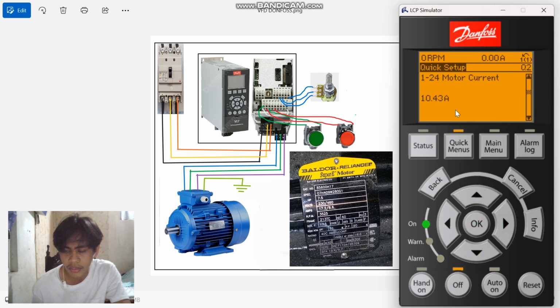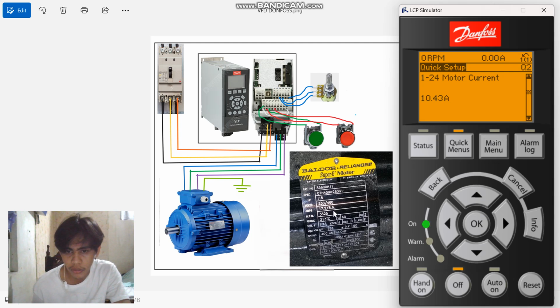Okay. Next, 1-24, motor current in amps. So here we have 8.6. Then we're going to multiply it by 1.15.